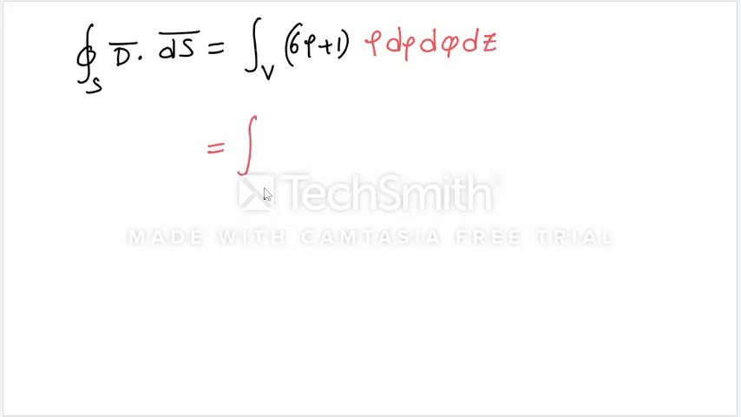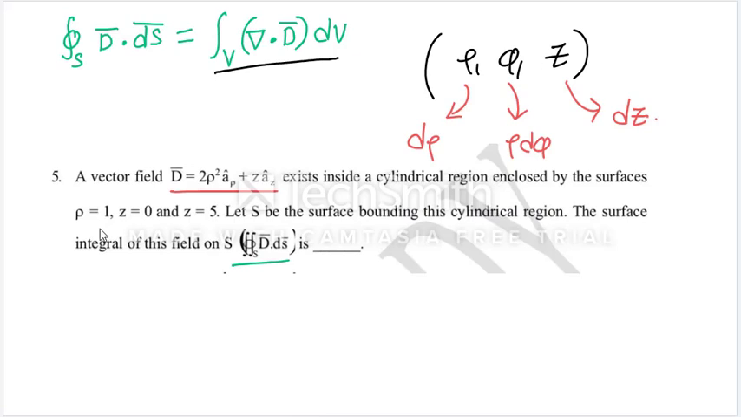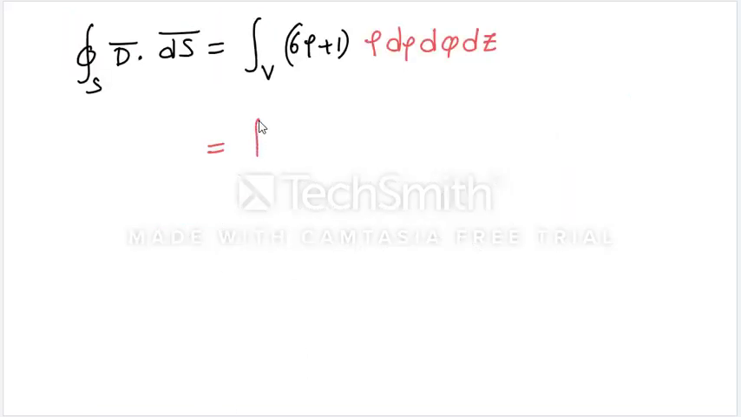So we'll split this integration. The volume integral of this is 6 rho square, and we'll directly split the limits now. Rho limits are 0 to 1, and z is from 0 to 5. Phi limits: a circle, a complete cylinder, means 0 to 2 pi, and the z limits are 0 to 5. And we can split this thing as,